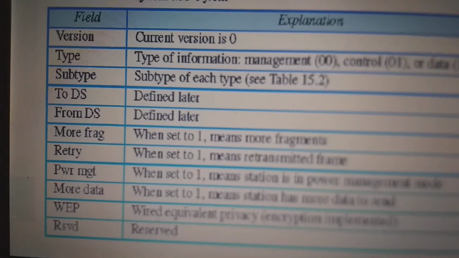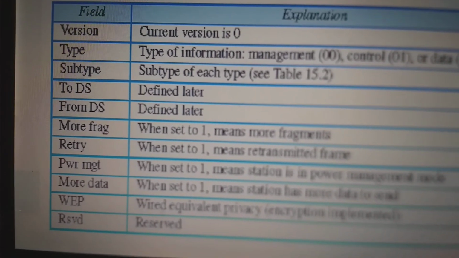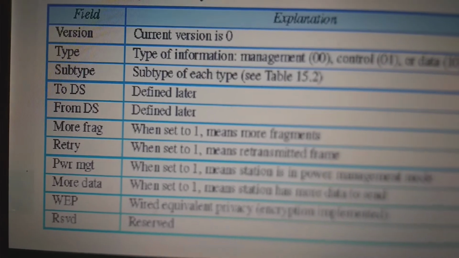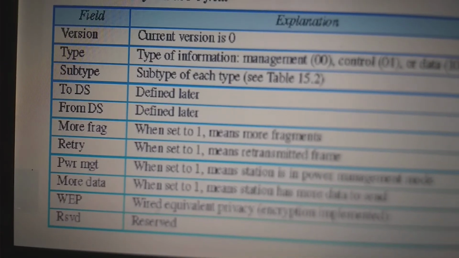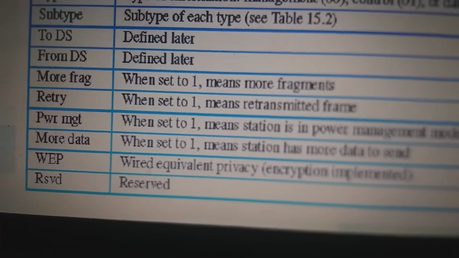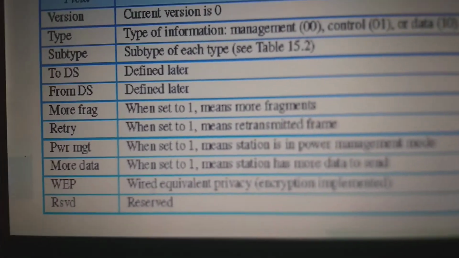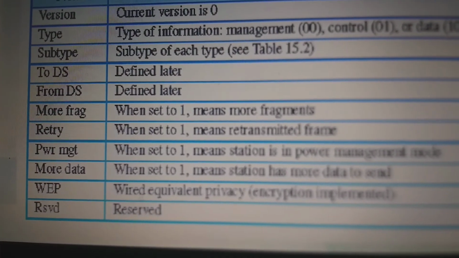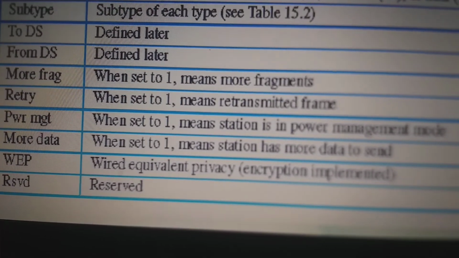Version: the current version is 0. Type of information: management 00, control 01, data 10, and a subtype of each type. To DS is defined later, from DS is defined later. More fragment: when set to 1 it means more fragments follow. Retry: when set to 1 it means a retransmitted frame.